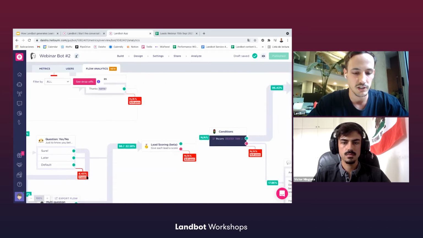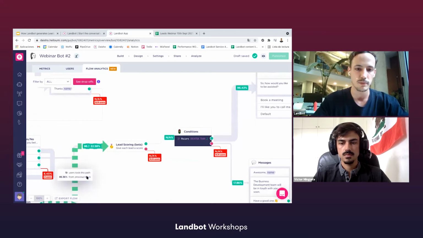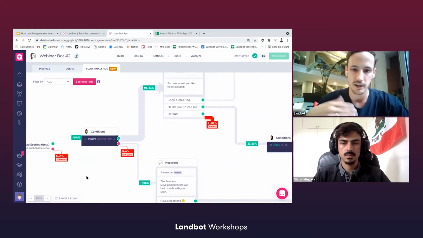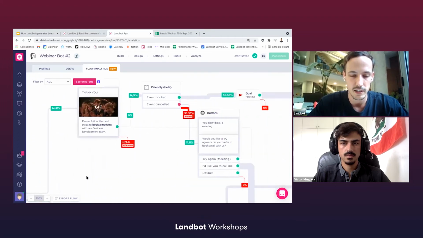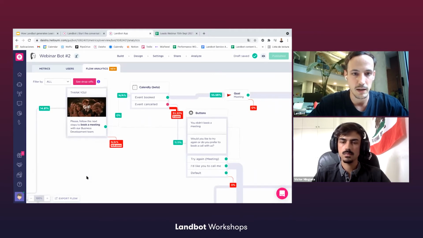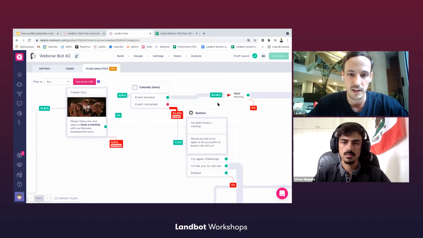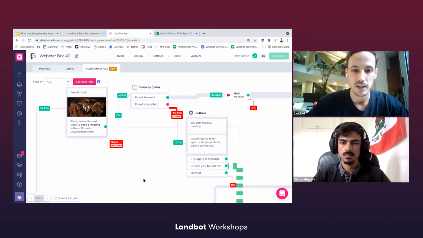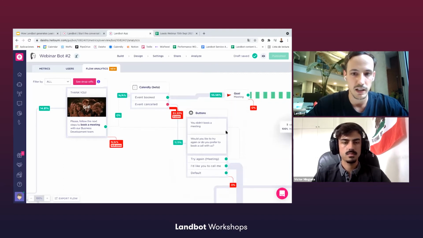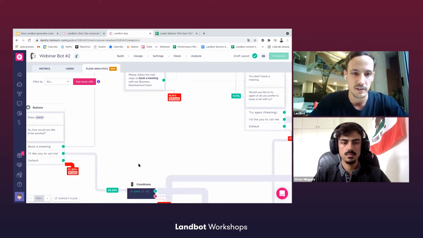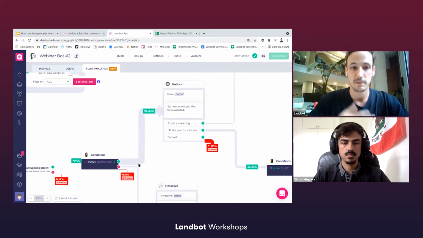If you're just trying to track your overall performance, like the goal you've set, for example, getting a call or getting a meeting, probably goals will do the job. As you can see in what Victor is showing, for every single block we get 2 different types of outputs. We got the green ones, which means they are moving on to the next block, and the red ones, which means they're dropping off. If you see anything over, let's say, 20-25% of drop off, you may want to reconsider the copy, what you're asking for, the order of the blocks, and so on and so forth. So yeah, flow analytics is great to understand the overall performance of the bot, but when it comes to goals, it's better to obviously set a goal.